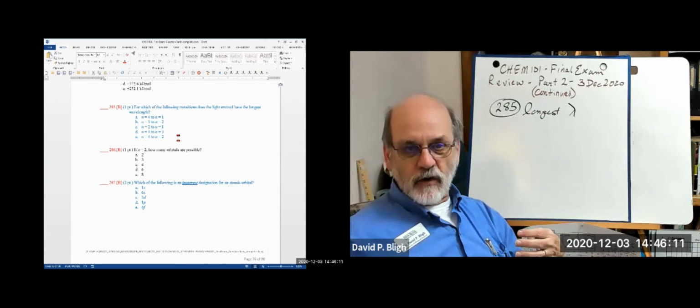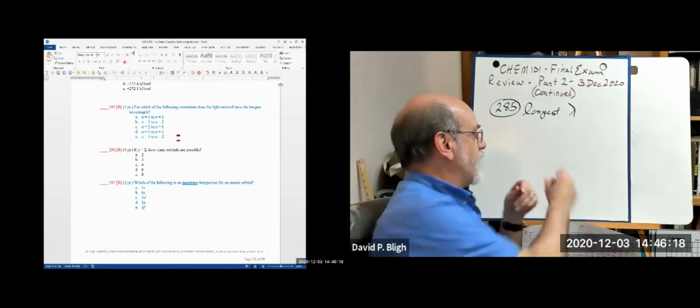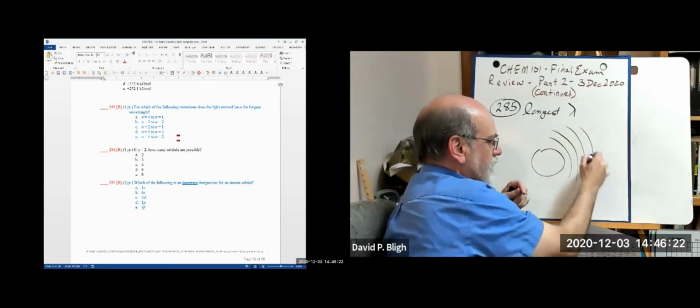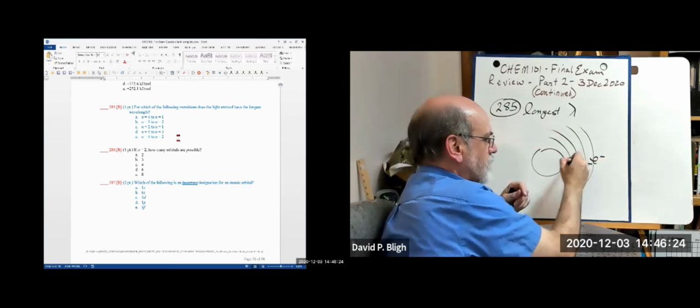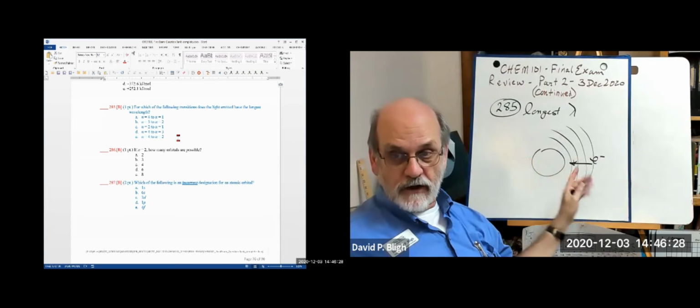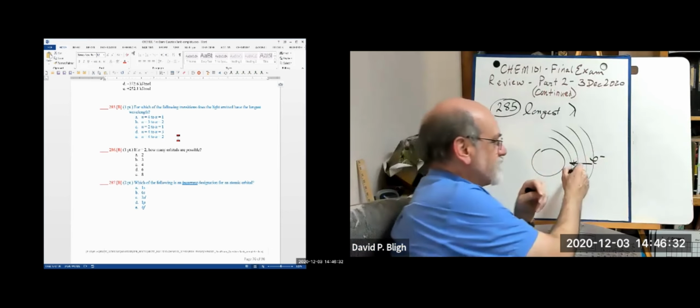So the energy required for those transitions for an emission, what do you need to have an emission? You need an electron to move to a lower level, because lower means closer to the nucleus is lower energy, and that means now